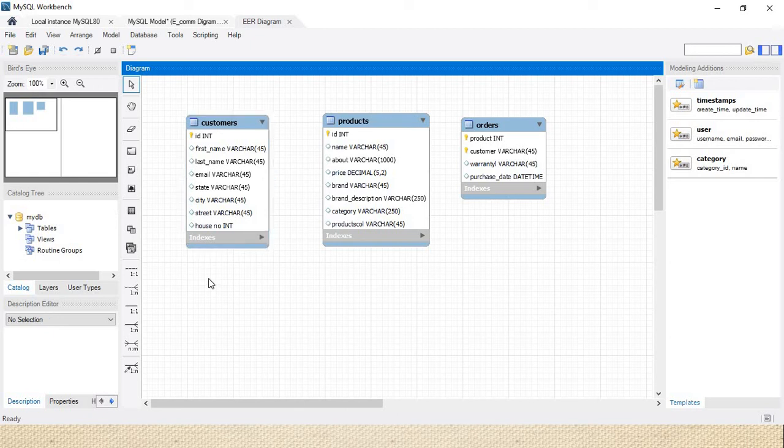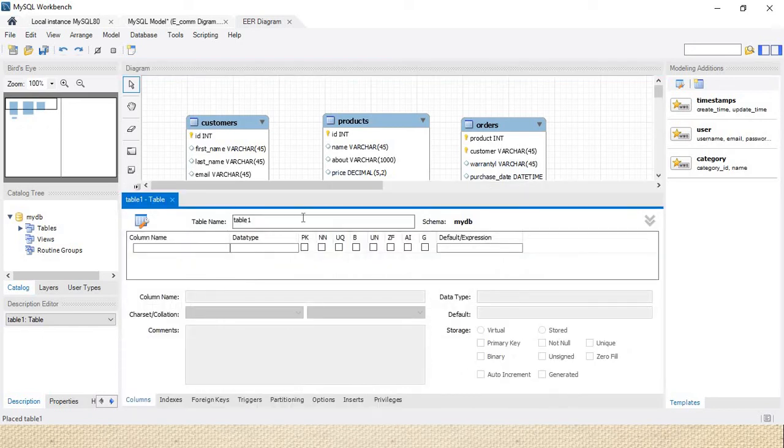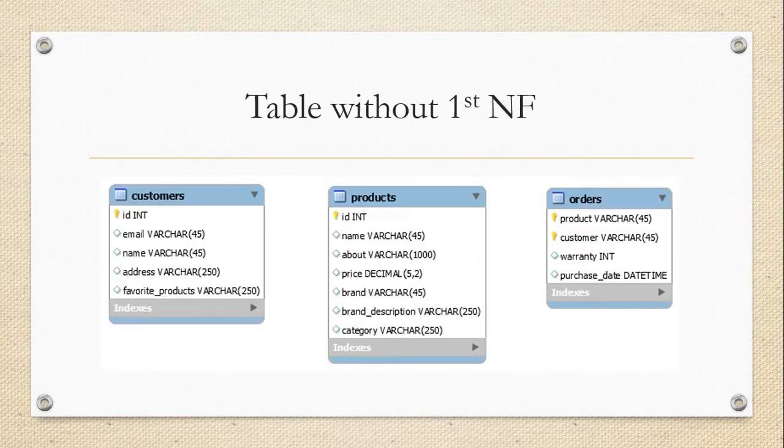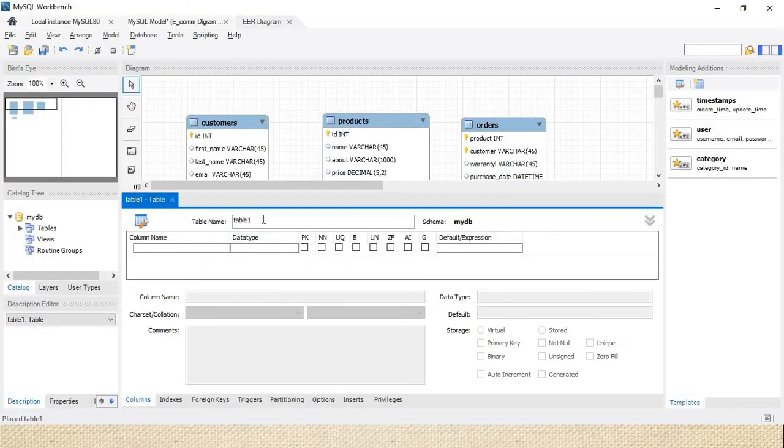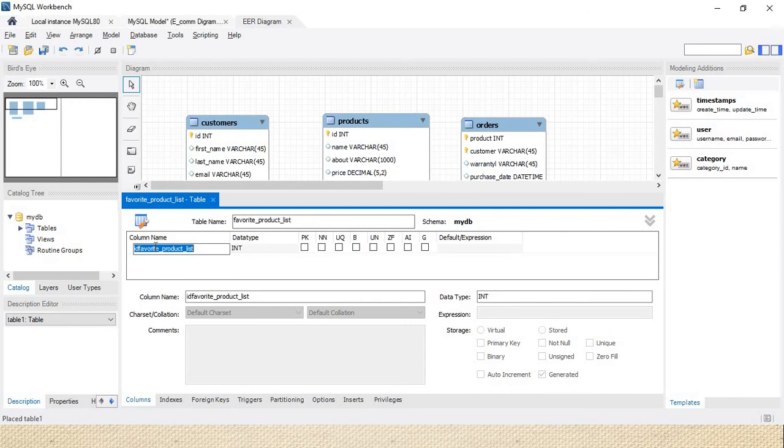Now here we need to create what? The table. Here we need to create a table whose attribute name is, so here we need to use a product. So what we deleted, just 1 minute, we deleted the favorite products. So here we use favorite product. You can say that list. And that will use product ID. Okay, so we can use ID, product ID.